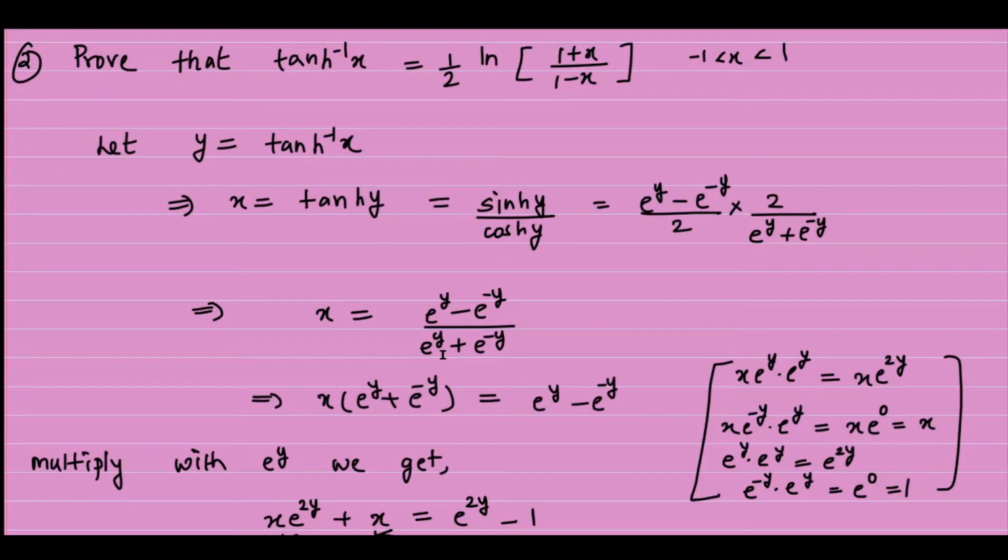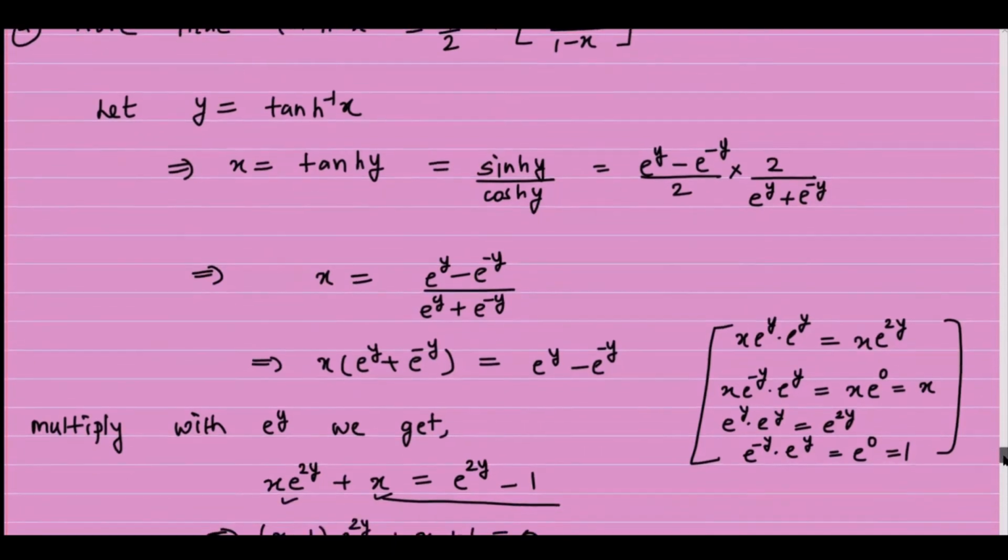Now we do cross multiplication. So we will get x into e raised to y plus e raised to minus y equal to e raised to y minus e raised to minus y. Now we multiply with e raised to y on both sides. So we will get,